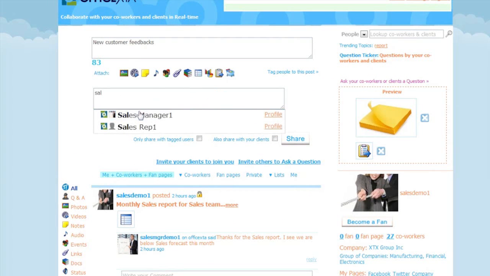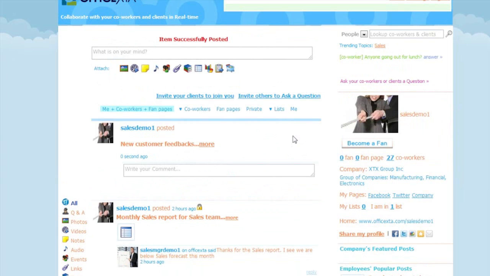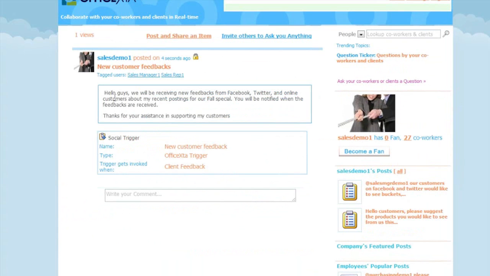I will tag my coworkers that will get notified when a new customer feedback is received. In this case, it's Sales Manager and Sales Rep. Then click Share. And here's the message, and when this is clicked, the note can be viewed along with the tagged users and details of the trigger. Note that this message is not visible to others until a new feedback is received from